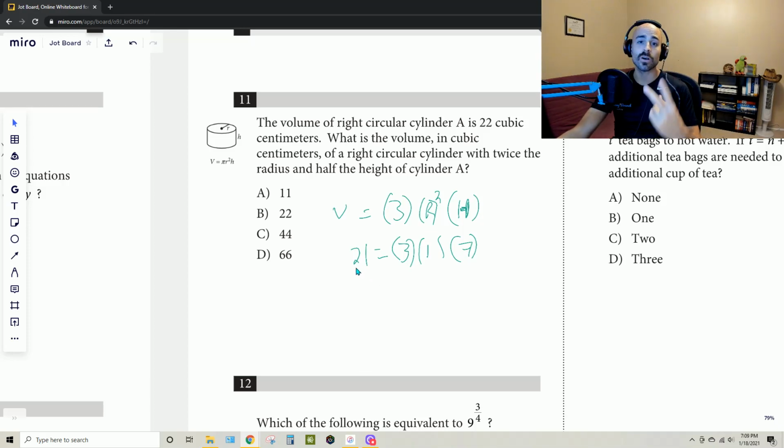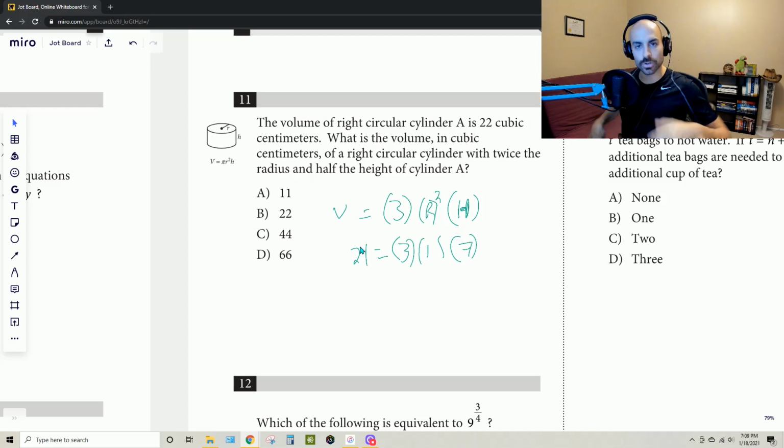Two ways to solve this. The way that the SAT is asking us to solve it is very matter of fact and very much about being good with manipulating the formula. If you can do it that way, that's awesome. I'm going to show you what that looks like. But my instinct on a situation like this is, can I create values myself that are going to make sense